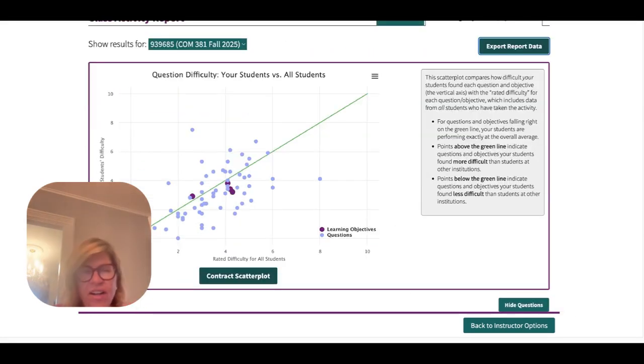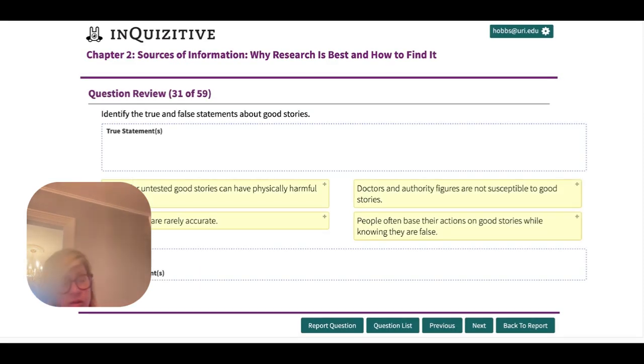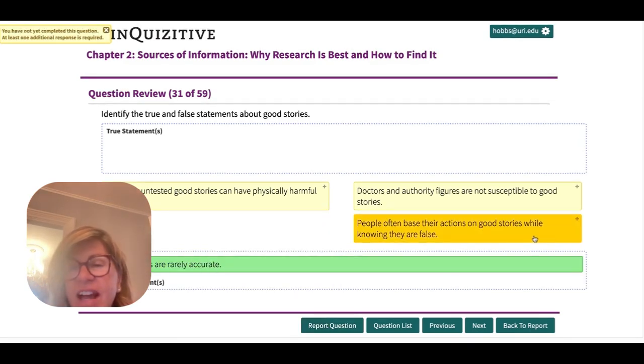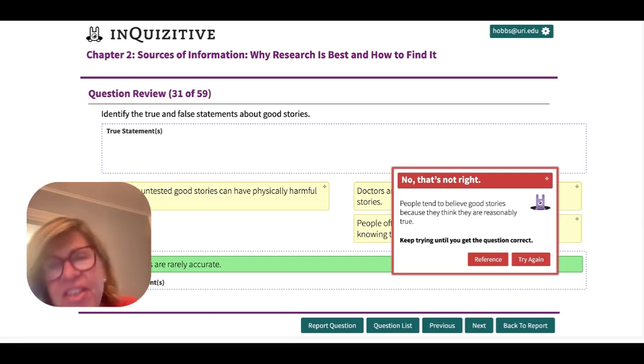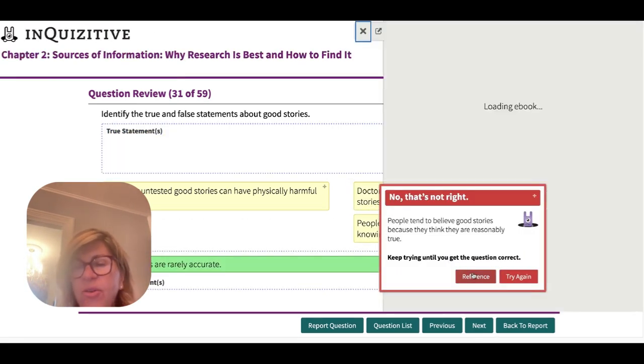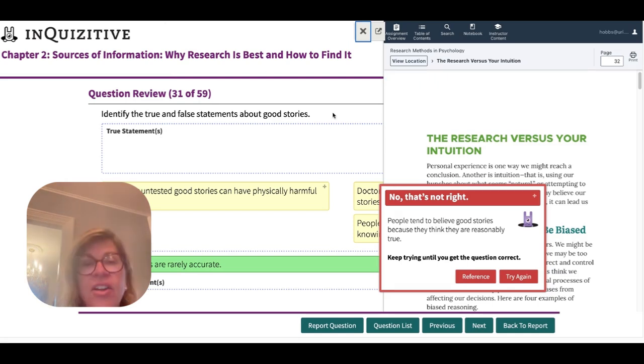Check out this chart that shows the difficulty on the x-axis from easier to harder. Here's an example where you're right in line with where the hundreds of thousands of students who have used this textbook are. I hope you're liking the drag and drop tool that lets you test your knowledge and then think about what happens when you make a mistake, and/or go check out the section in the textbook that relates to that topic to make sure you're understanding.